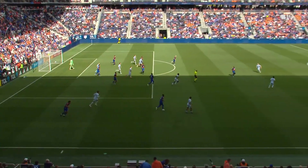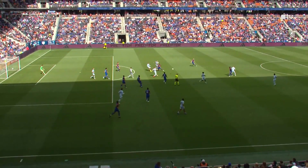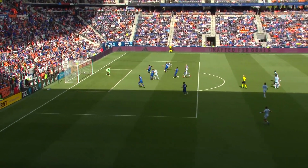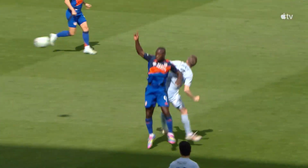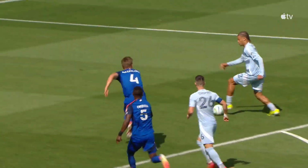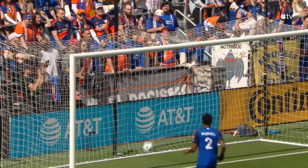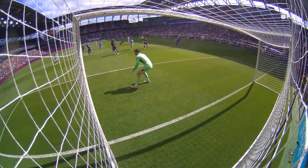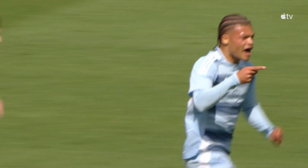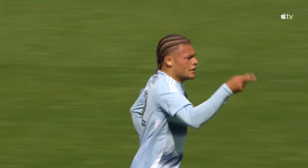The fake. When this header gets one, important challenge. Watch Tommy. He's going to absolutely sell it, and Hagelin buys it. Now that creates enough space. Miles Robinson is the center back. He's got to come over and try to create an angle that he can cut down. Basong goes near post high. Perfect finish. It's all about faking out the defender and convincing him you're going to have the go. And then puts it with a perfect amount of...